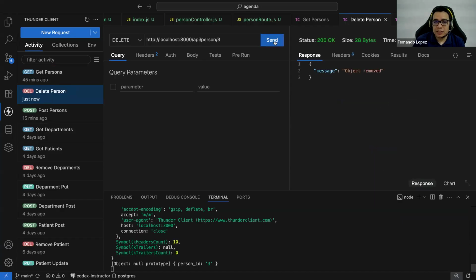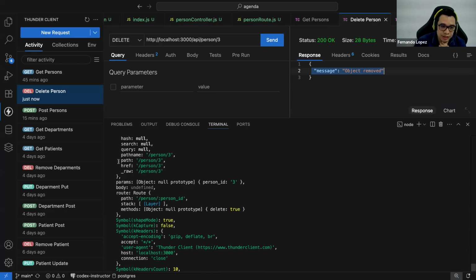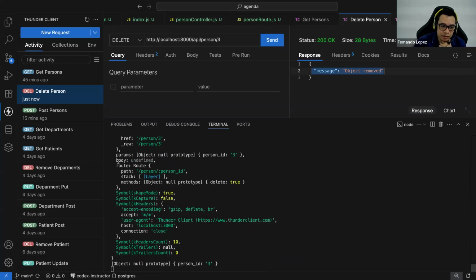Okay, let me hit this. Right now, I'm just returning to the client object removed, right? But I have two console logs here. So as you see, this is the entire request, right? As you see, it's a long object.